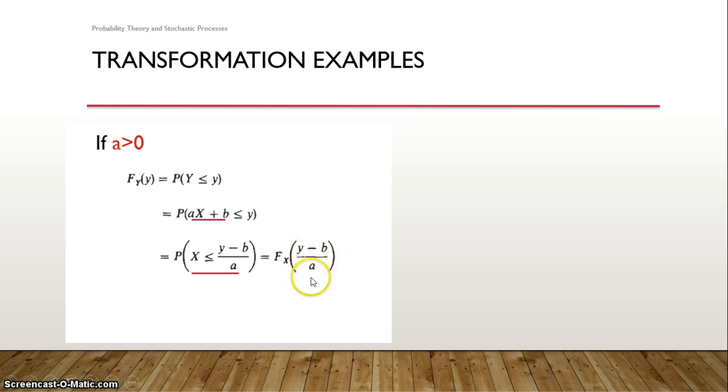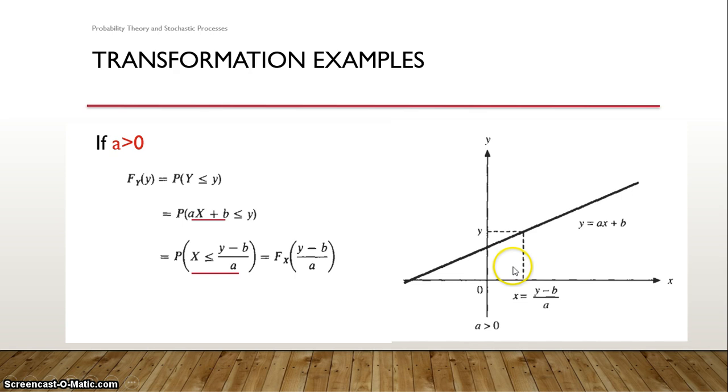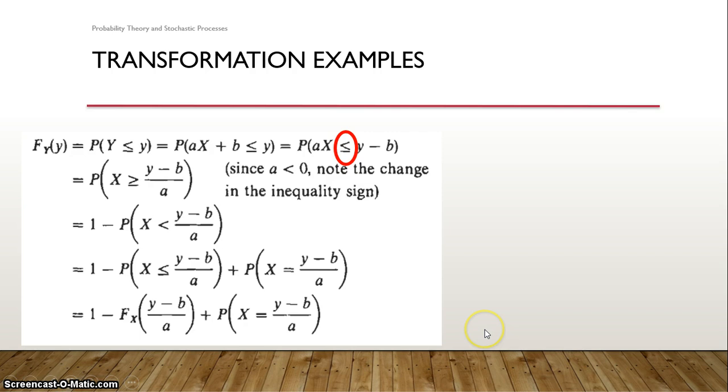That's all. And you can see the figure of that, Y when a is greater than 0. When a is greater than 0, it is a positive slope. So you can see the positive slope, Y = ax + b. So x is equal to (y minus b) by a at this location. And similarly, now you can see for a less than 0,